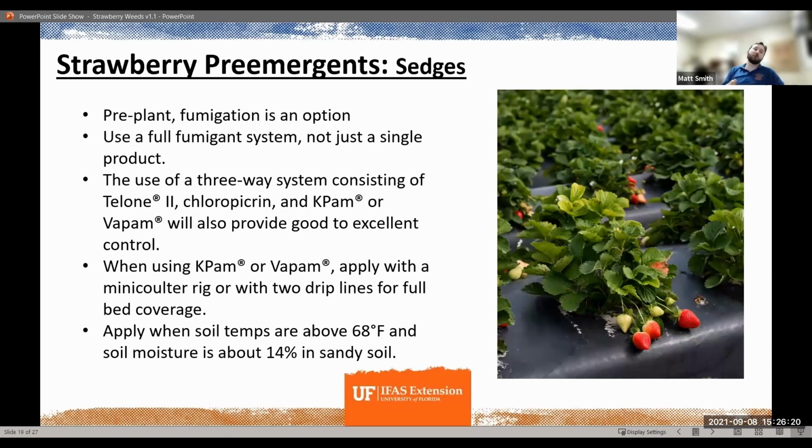For sedges, pre-plant fumigation is an option. Again, one single product usually isn't going to be enough on these to really cause full effect. So we want to do a full system. The one that UF recommends right now is a 3-way system consisting of Telone II, which is really popular, particularly for nematode suppression, and then also chloropicrin, and then either K-Pam or Vapam can also provide good to really